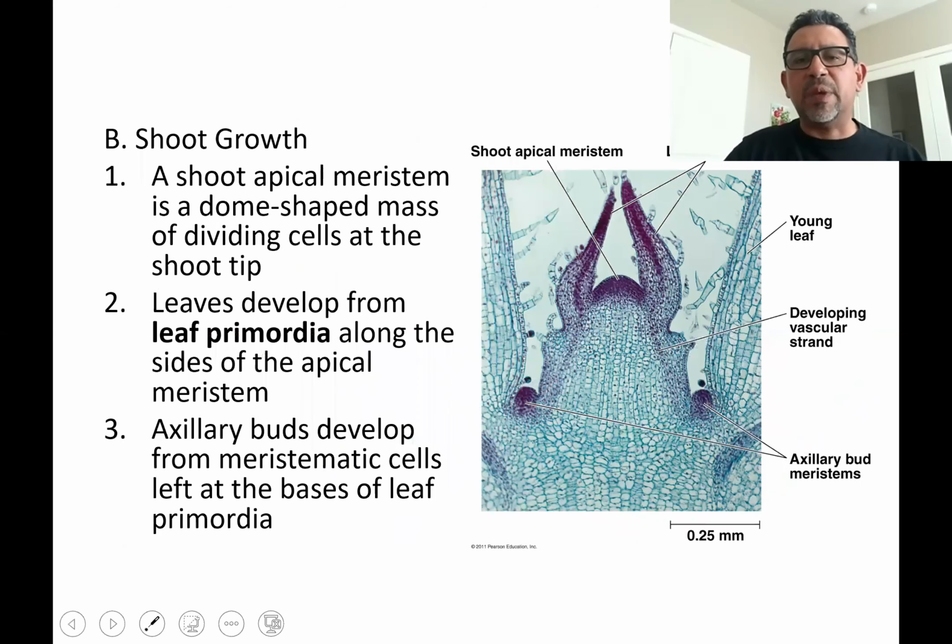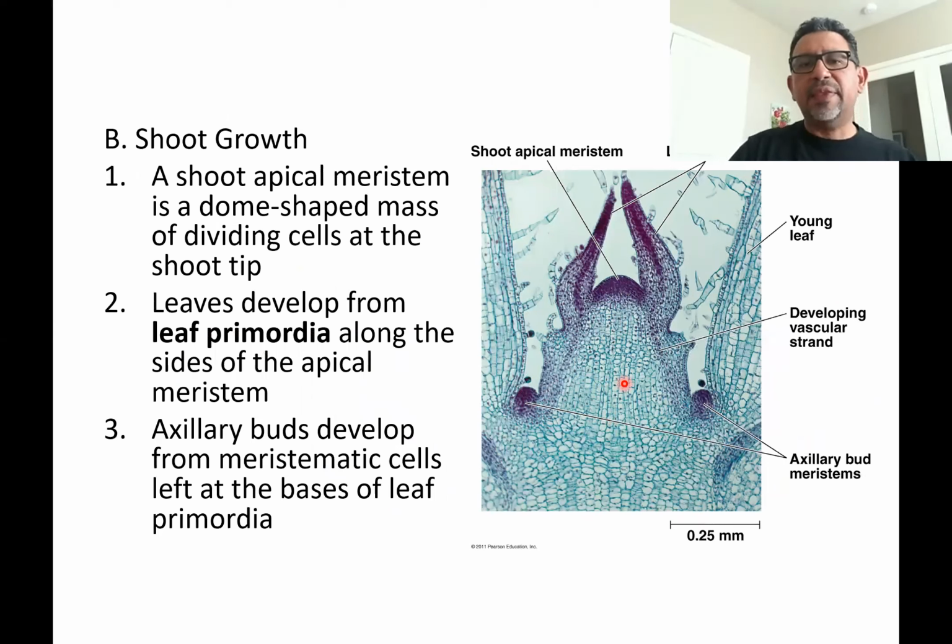Shoot growth is going to be pretty much like I said before. Here we see an apical meristem. Cells are going to be added in this direction, and cells are going to go through a process of maturing and becoming eventually differentiated, adopting a function. Here, some of these cells are going to become part of the cortex. Some cells are going to be